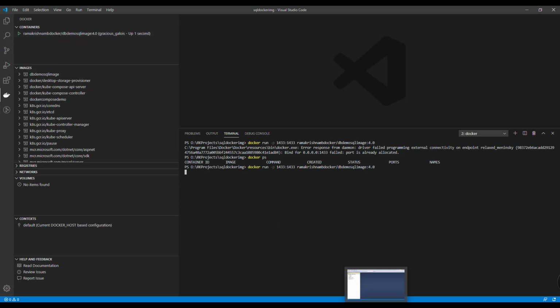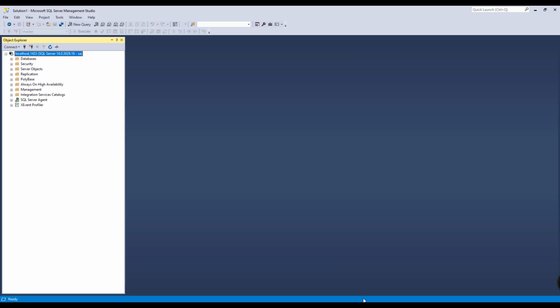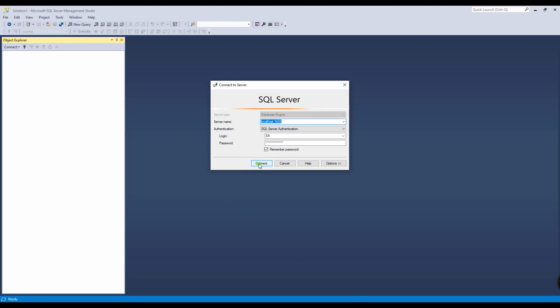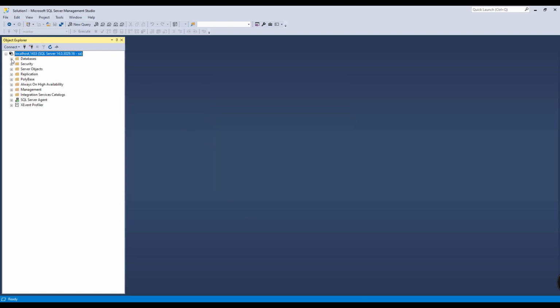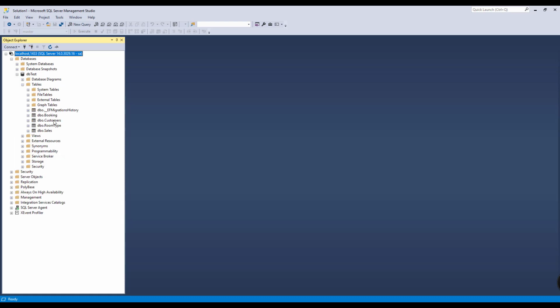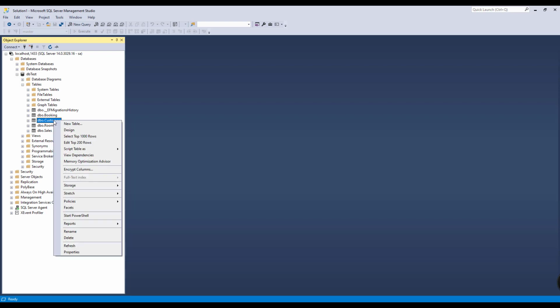Let us connect to this image through our SSMS. Let us check that our test DB is there. We'll fetch this table dbo.customers and show it in the .NET Core view.